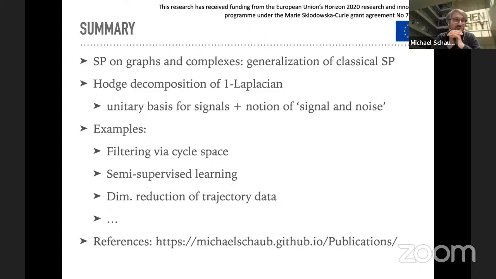Santiago and Mitch have a few works also on extending this to graph neural networks. There are some other people, Michael Bronstein et al., they have also gone into this direction. There's work by people at EPFL looking at this. There is work from the group of Marina Meila on so-called Helmholtzian eigenmaps. So there's a lot of interesting stuff, and I would invite you all to look into this, because I think